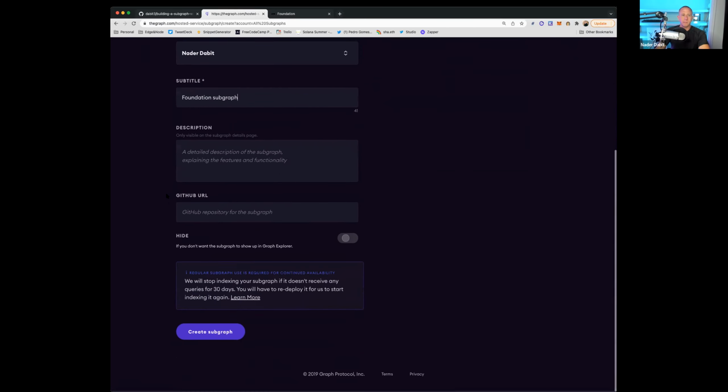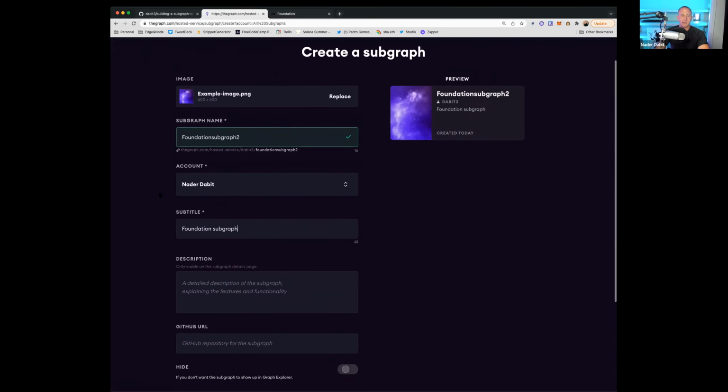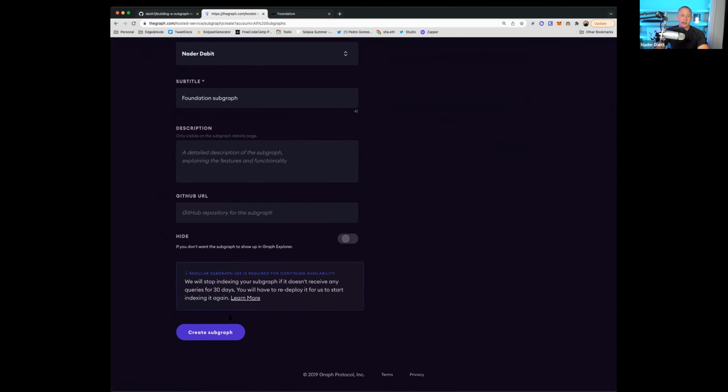So we've put in just the name and the subtitle, and we can go ahead and click create subgraph. I'm going to click hide just so it does not add it to the subgraph explorer, because I've created so many, but it's up to you if you would like to hide that or not.